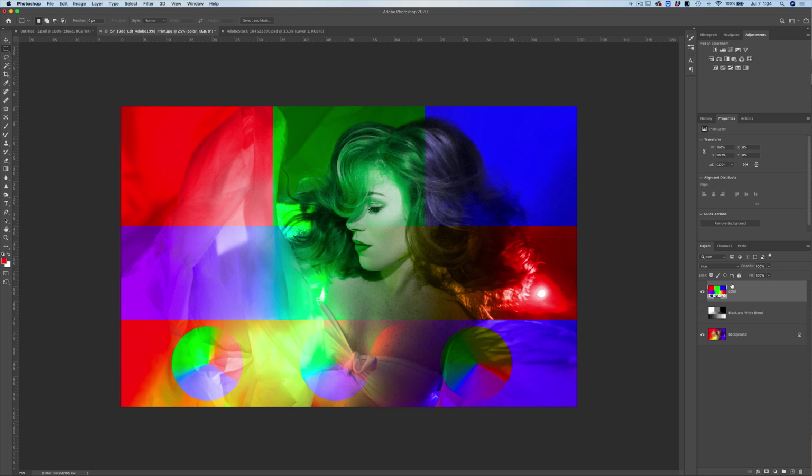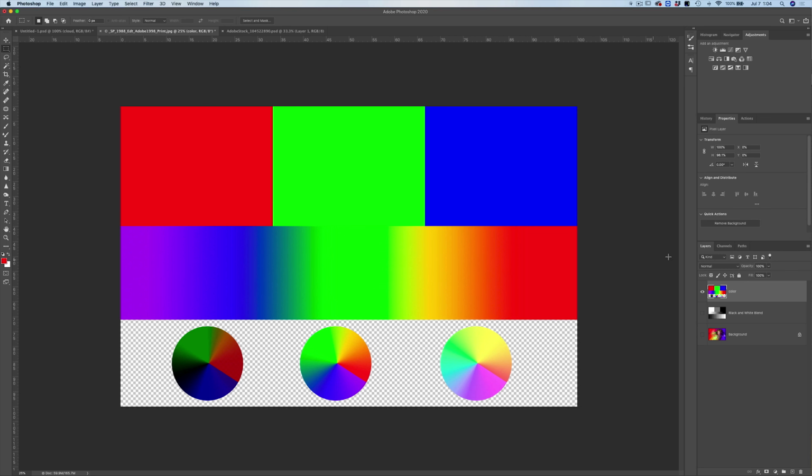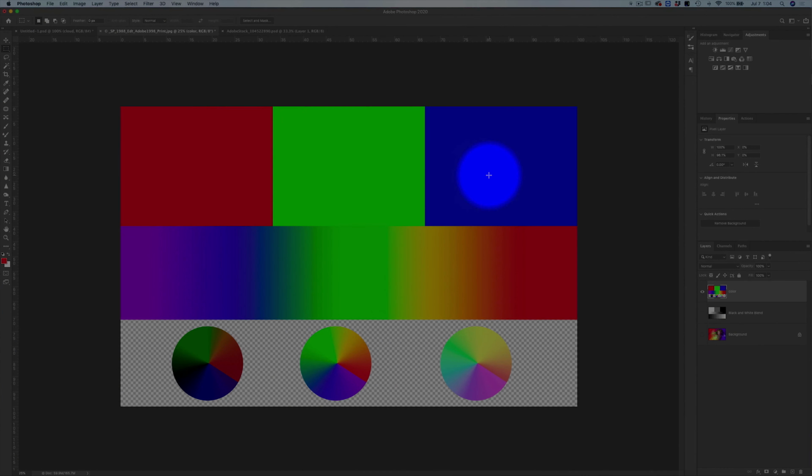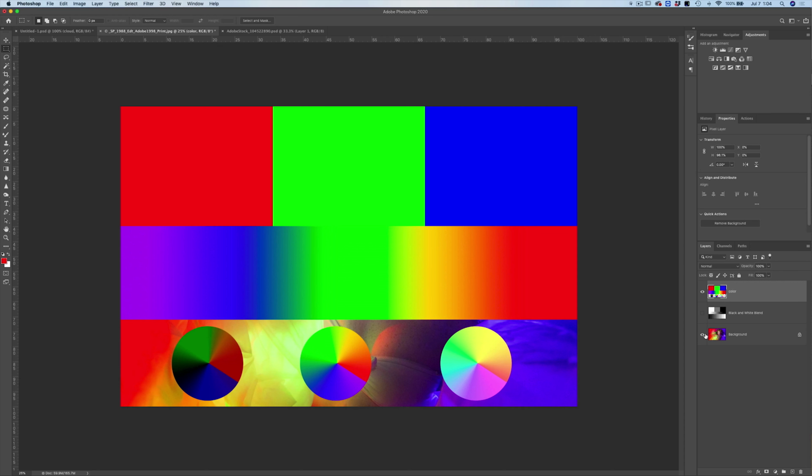Let me take this layer, and before we dive too far into this, I just want to show you a preview of what this layer looks like on normal blend mode, and I'm going to turn the visibility of my background layer off. So this is what's on my color blend mode example layer. Okay, so RGB, we've got red, we have green and blue, then we've got a rainbow area, Roy G. Biv, and then we have the exact same colors in the middle circle, and then we have lighter versions of those colors, and we have darker versions of those colors. So just keep that in mind as we turn our background layer back on and we start playing with the blend modes that we have.